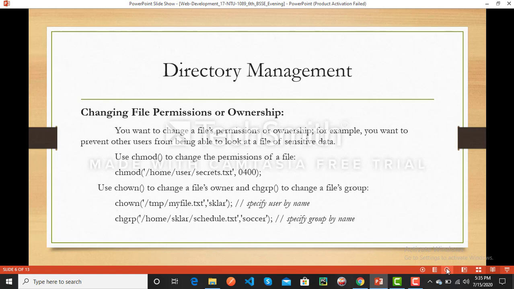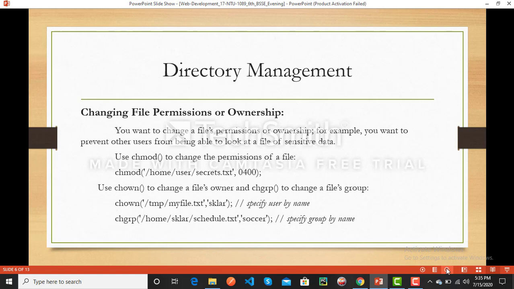It means to change the permissions of a file. For example, in programming, chmod on /home/user/secrets.txt with a mode such as 0400 changes the permissions of the file.